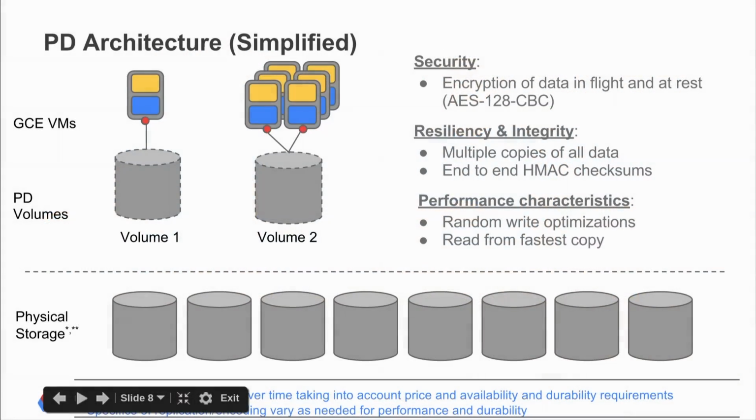So let's talk a little bit about how persistent disk works so we can get to why some of those benefits exist. So the first thing to note is that a persistent disk is not actually a real disk. It's a virtual volume that is made up of blocks from many, many underlying physical devices. And so one block is cut up and striped and smeared across many, many, it could be hundreds or thousands